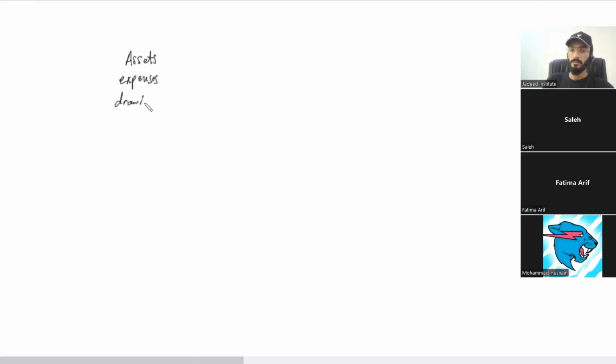drawings. And by the way, assets is a whole category. You will see plenty of them. Your trade receivables is a type of asset. Your customers' accounts are your asset accounts. Your machinery, any non-current assets, vehicles, anything that the business owns, and what others owe to the business, things like trade receivables. Expenses are services you take from people and have to pay for, like wages to your employees, or rent to live in a place or rent a premises. So we have assets, expenses, drawings, purchases,